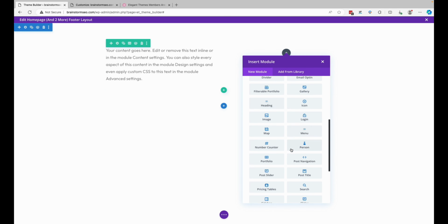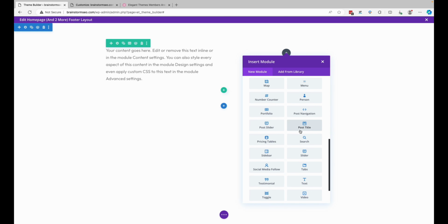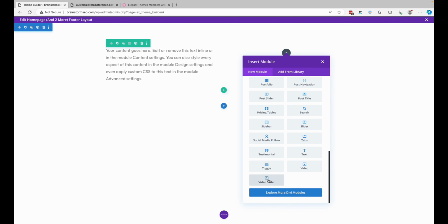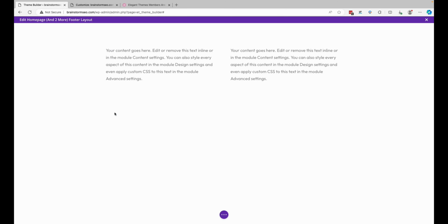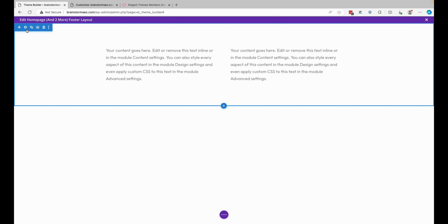But then later on, we have all the options. You can add images in here. You can add a video slider. So we'll come back here and change it. I'll show you what it looks like here. So we go like this, and then if you want to change the color,